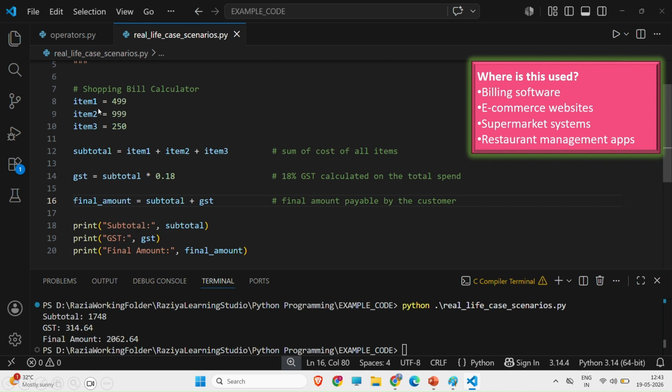All these items are scanned and stored in variables, or you can say they are directly added, depending upon how the programmer is writing the code. For us right now, we'll just put them in variables, and all those variables are added. See here, this is the subtotal, which is assigned as item 1 plus item 2 plus item 3. These are the costs of all the items.